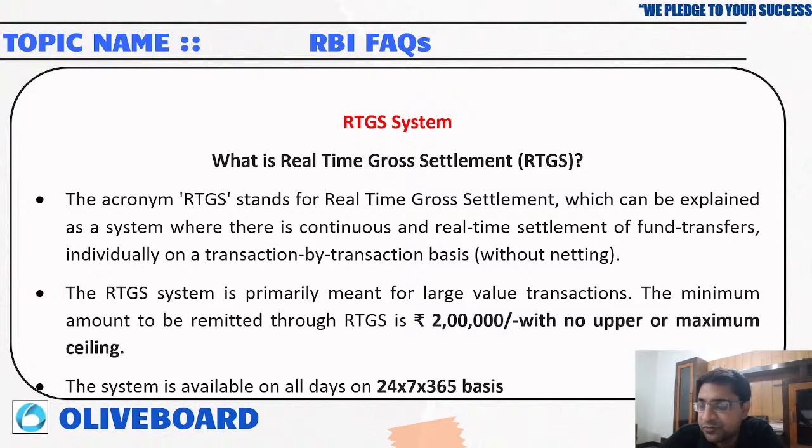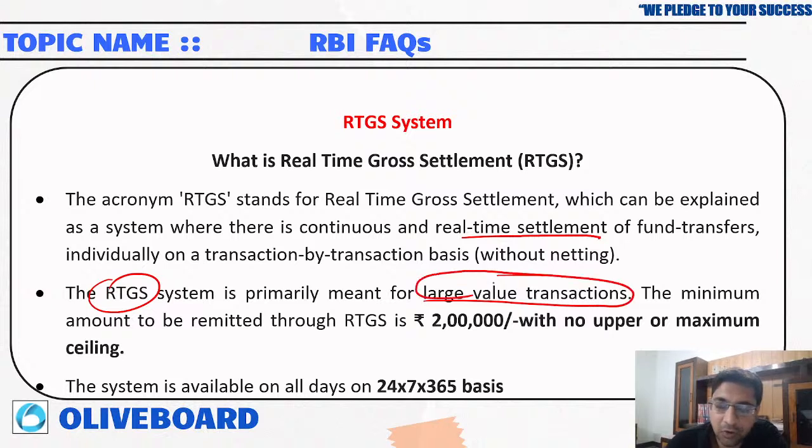People are always confused between NEFT and RTGS. RTGS is real time gross settlement, which can be explained as a system where continuous real-time settlement happens for fund transfers individually, on a transaction by transaction basis, without netting. So the RTGS system is primarily meant for large value transactions. Normally business